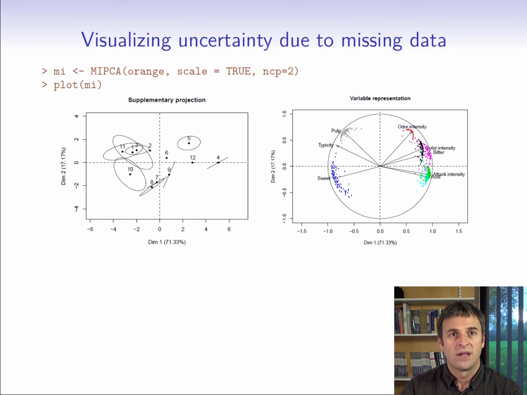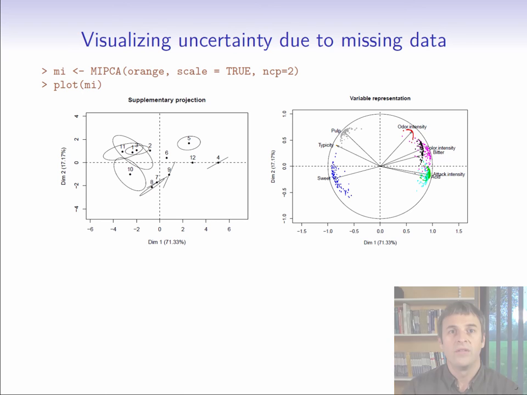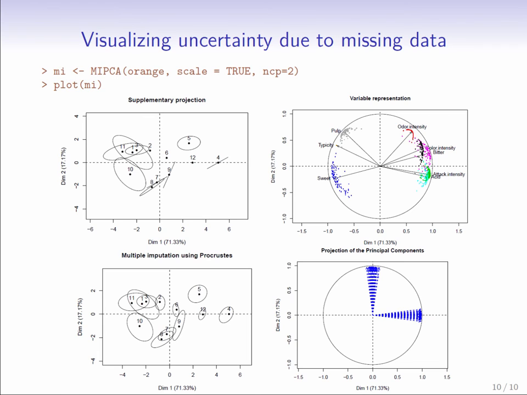A second way to take uncertainty into account is to suppose that the imputed values have a certain level of variability, and that this variability also has an influence on the factor dimensions. So we are going to represent this uncertainty in terms of the individuals' position, all of them, including those that didn't have any missing data values, because the individuals which do have missing data values make the axis move, and thus the positions of all individuals. This strategy leads to this plot for the individuals, this time with an ellipse around all of them, including individual 12, who didn't have any missing data values.